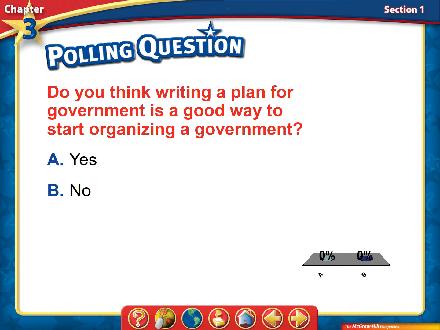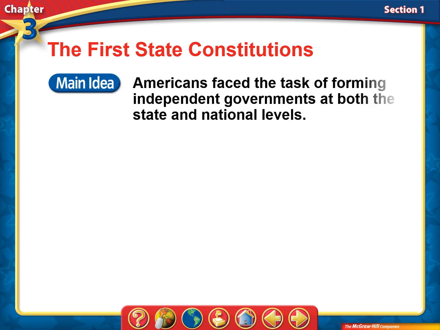And so how do you organize a government? Well, hopefully not through the massive bloodshed that we've seen in history. Hopefully careful planning. As we start to think about the first independent state governments, that's really where these things began. We had no form of national government until really right before the Revolutionary War. We had the First and Second Continental Congress, and that was the closest that we had to any type of colonial national government. So if we really want to look at the beginnings of government in the United States, we have to look to the colonies and the states.